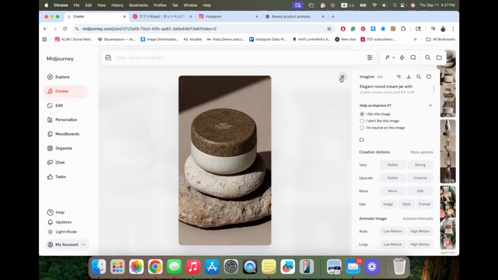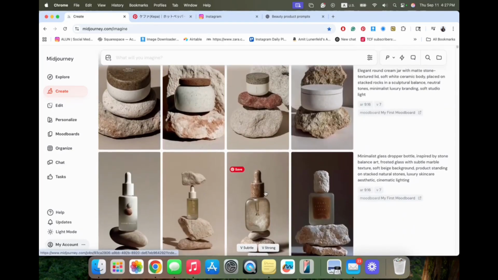Great. So you saw how I created different variations of bottles according to my project that still look on brand for my specific need. So thanks to the mood board, thanks to me teaching the algorithm over time what I like, I got really, really good results. So at the beginning, you might not get the best result you want. But in the future, once you train it for your specific needs, you will get better and better at it.